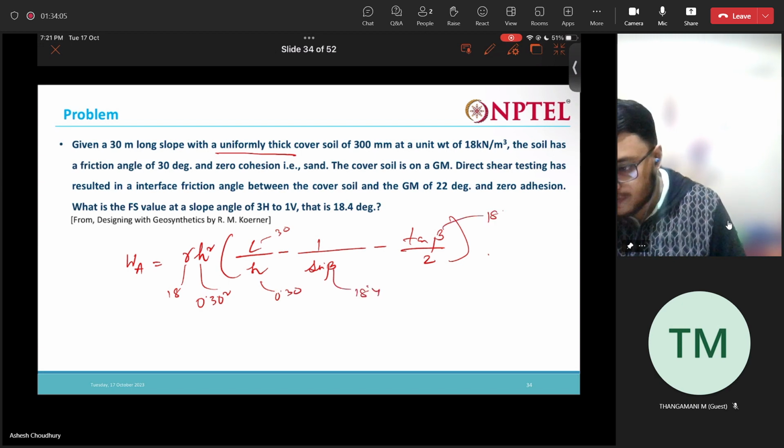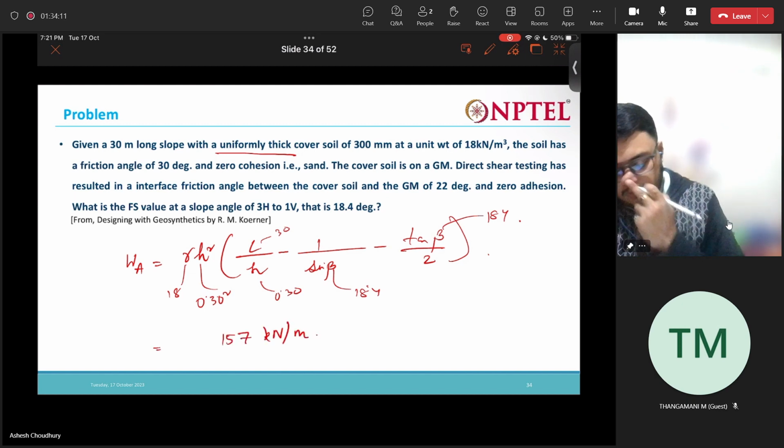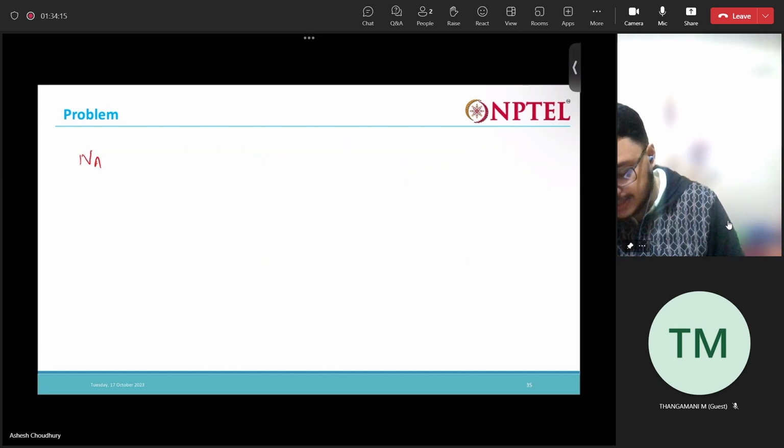If you put all the values, you will find 1.757 per meter. Then we find Na, which is nothing but the cos component. The weight is acting downward, so the cos component is Wa cos beta